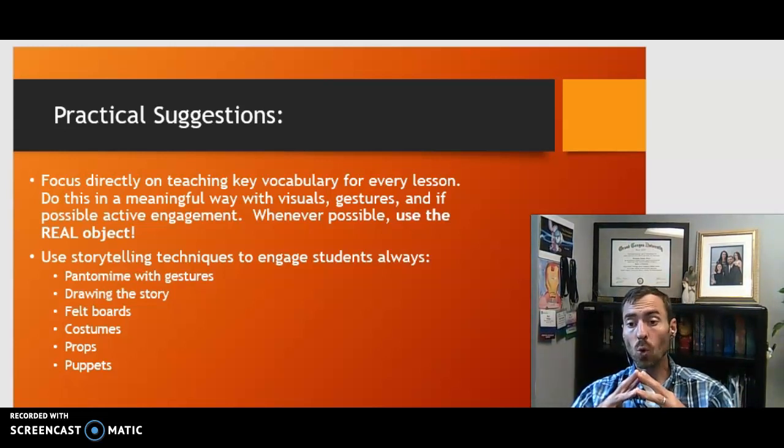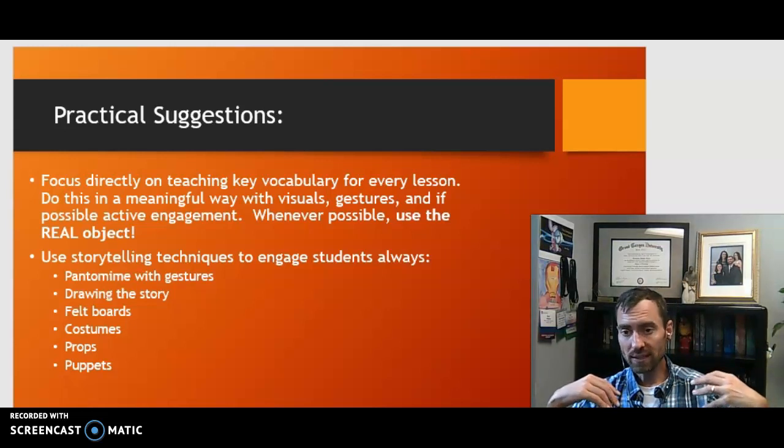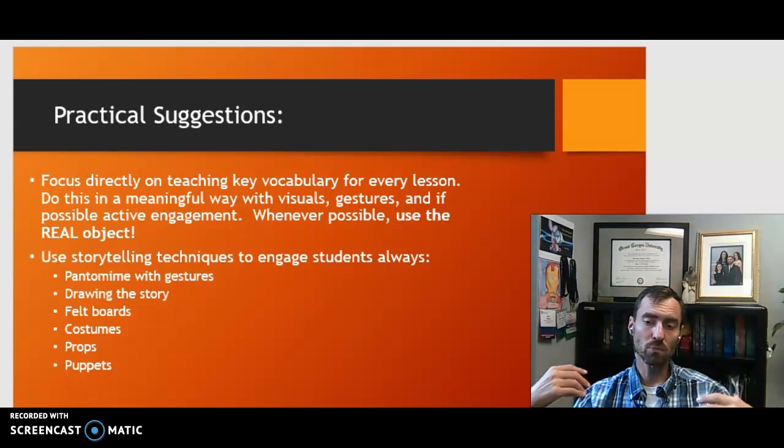When it comes to storytelling, using drawings, using felt boards, which I know feels 1960s and 1970s-ish, really old, but they're fun little ways of acting out the scene. Costumes, props, puppets, these are the types of things that engage your students into using language and break through that